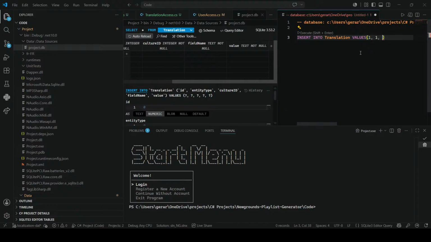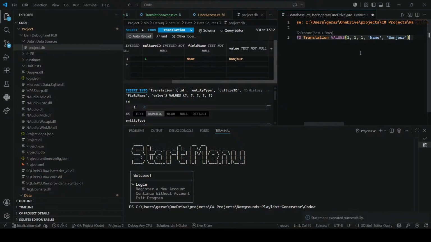Do like 111 name. Say like this. And then hello for